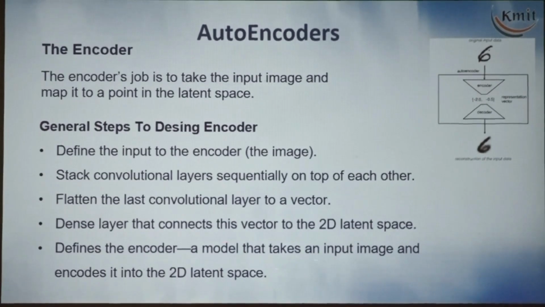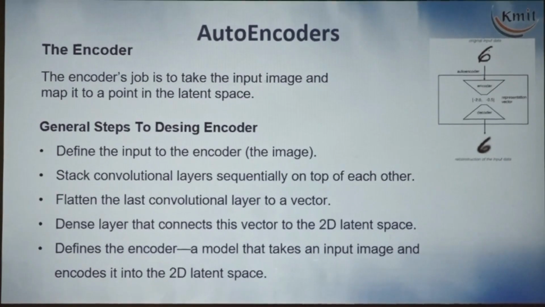And then a dense layer, you have to add a dense layer. Actually this should be done. A dense layer has to be added. In some autoencoders, even in the Keras library model, they have not used the dense layer. Simply flatten. Whatever values they get from that flatten layer were taken as the representation vector. Okay, that is also fine.